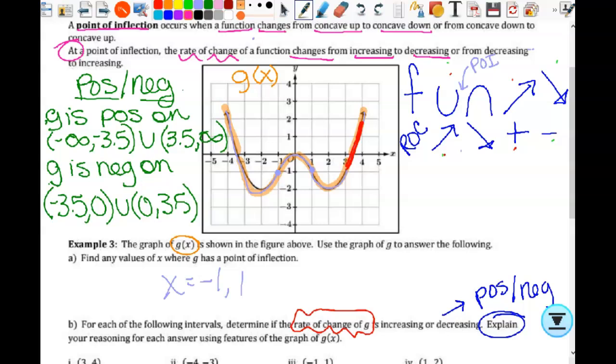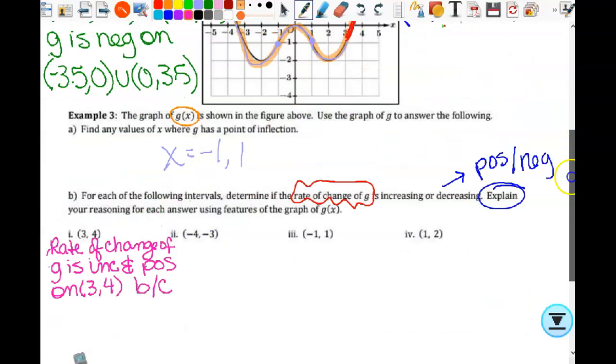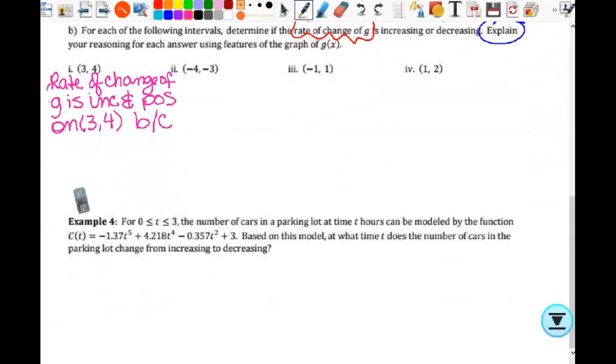So I have to use evidence from what I have here, and I can't just say, well, because it's getting steeper or whatever like that. Yes, I can use my pencil to figure it out, but I can't say on my AP test that I use my pencil to figure it out. Like, that's not an explanation. So I can say rate of change of G is increasing and positive on 3 to 4 because G is concave up